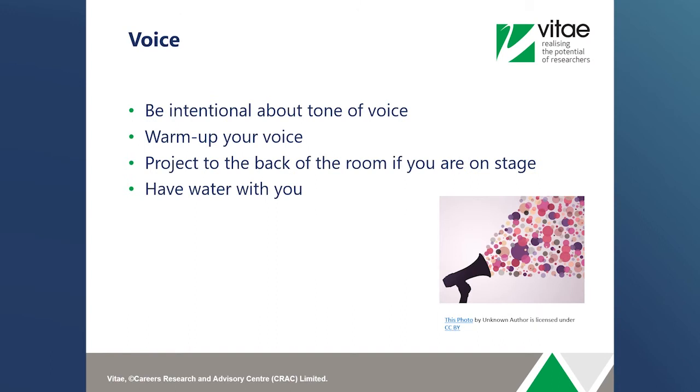With the voice, you need to be intentional about the tone of voice that you use. Thinking about if you wanted to be authoritative and get your point across, you might use a voice from kind of within your belly. You need to warm up your voice. So again, like professional singers do, they wouldn't go on stage to sing without warming up their vocal cords. Project to the back of the room if you're on stage. So this involves, again, breathing and holding your head up,